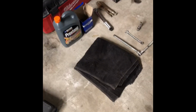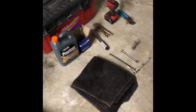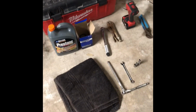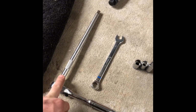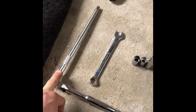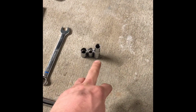To end the video, I just wanted to go over the things you'll need to go ahead and finish out this job. You know, no reason to have more tools than what you have to have. I simply had a 13mm wrench, a ratchet with an extension on it to be able to get down deep in there whenever I take off the cover of the thermostat, 10mm, 12mm, 13mm,